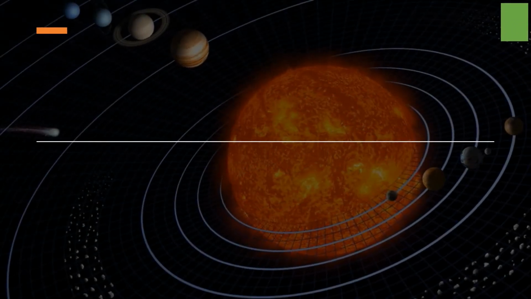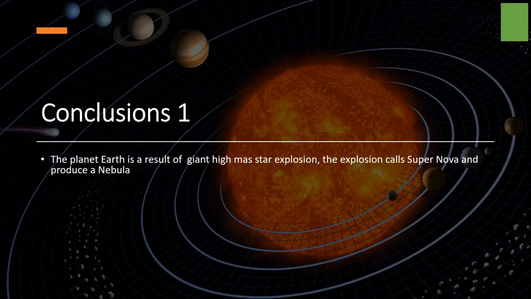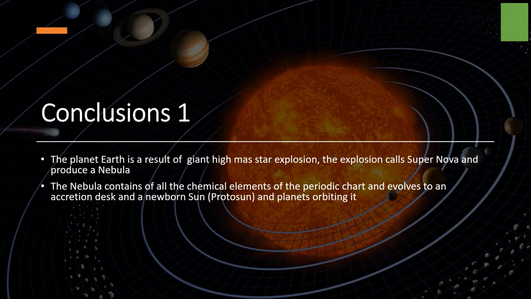I think now it is obvious that the substance that makes the building block of matter are the chemical elements, and the chemical elements are of course coming out from the atoms that the universe produced in the beginning of the Big Bang explosion. Our planet Earth is a result of a giant high mass star explosion. The explosion causes a supernova and produces a nebula. The nebula contains all the chemical elements of the periodic chart and